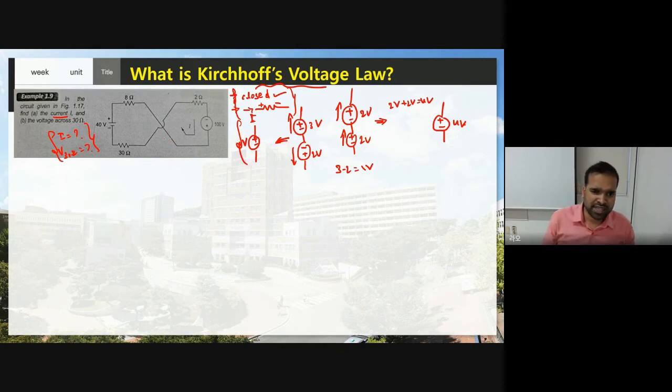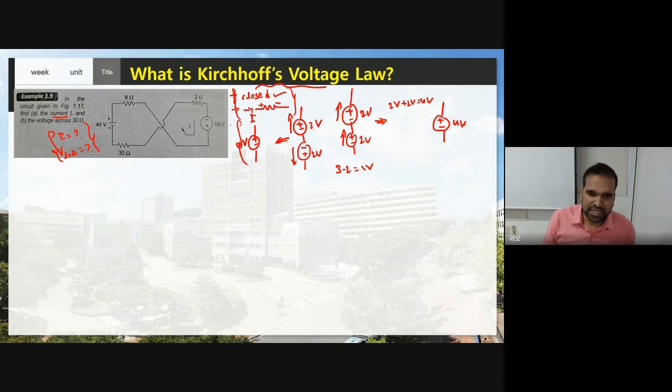Now see another thing here, there is a curved line, right? What does the curved line indicate? It is like this, but it doesn't have a connection. It doesn't have any physical connection. It is like this, but it seems like this. So these two wires don't have any physical connection.